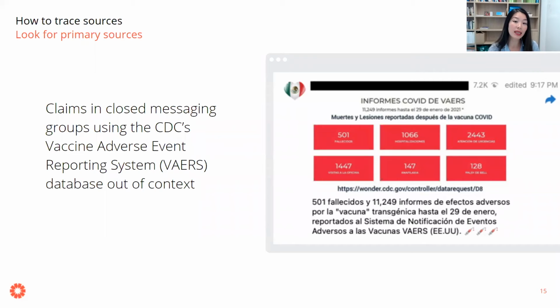So basically the CDC has this database where anyone can put in a report of some kind of bad reaction to a vaccine, but it's unverified and anyone can write something in there, which means none of the data in there should be used as evidence about a vaccine, right?